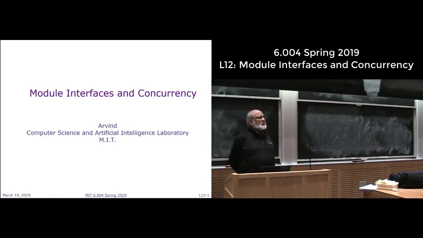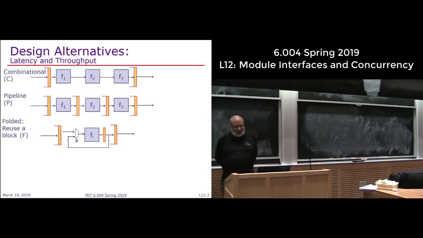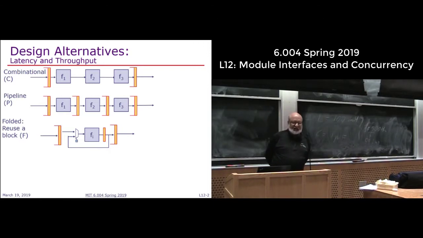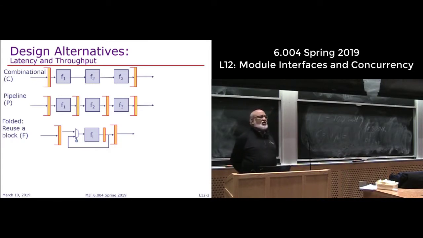So this is the last lecture on sequential machines, and today we are going to look at concurrency issues: how to deal with concurrent activities, which we haven't seen so far very much. So let's start out with a very simple observation. When you're designing something, say a large combinational circuit, you often have several options, and in fact many of those options involve turning the combinational circuit into